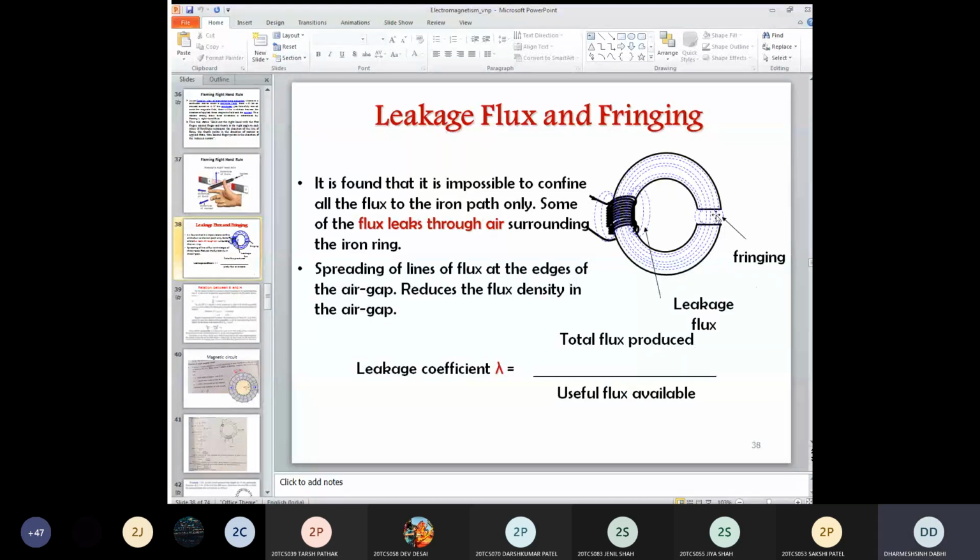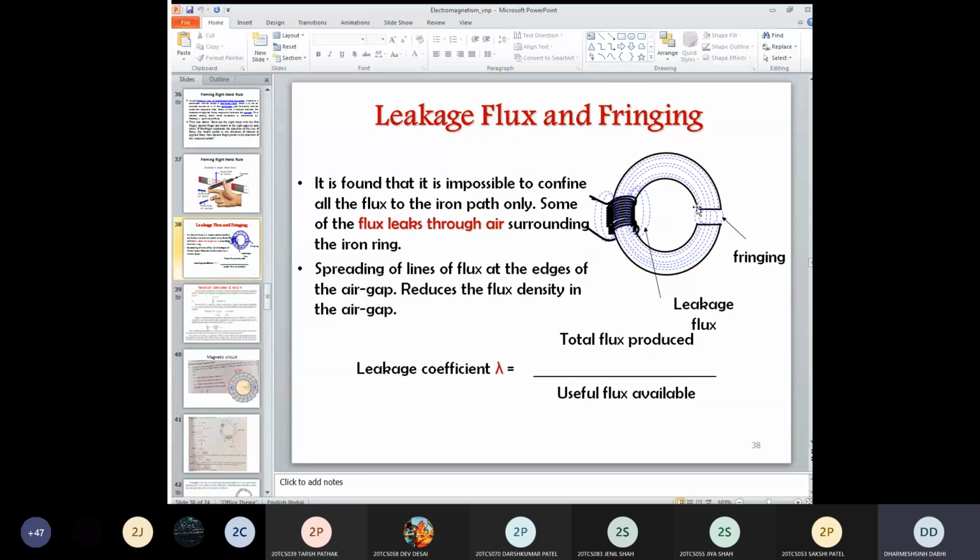So you can see that here your solenoid has two terminals and between them there is an air gap. When you pass the current, flux is set up here in the air gap. Some of the flux lines pass in a circular manner, but at the edge of the air gap, you can see that some of the flux lines pass through the air gap in this manner. You can see the edge of this air gap. Clear? It is not passing straight through this circular path.